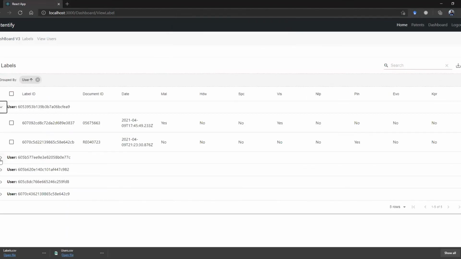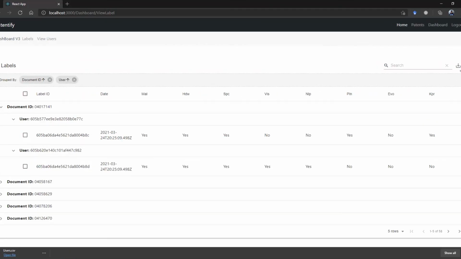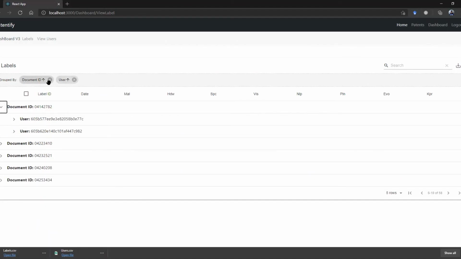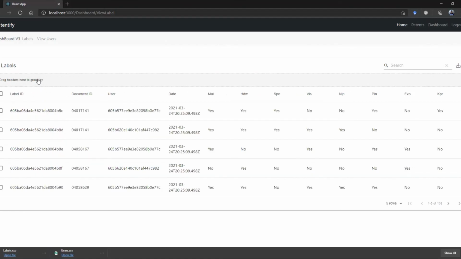To see the activity for specific users, to export all the data as a CSV or a PDF file. We can also move to different pages to see different labels. We can also remove the grouping to see all the information raw and then group it either by user,